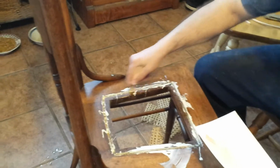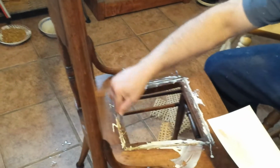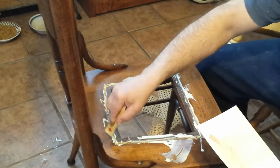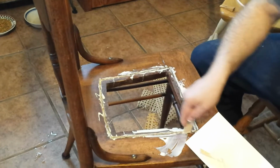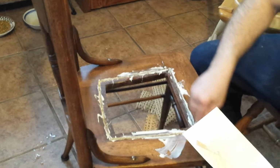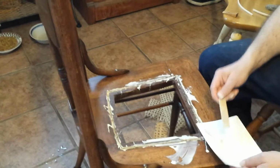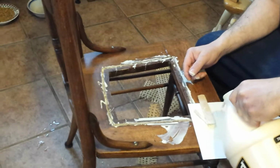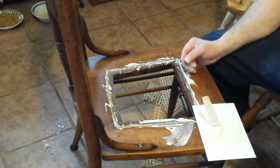Can you see what I'm doing there? Yep. Trying to smear some glue in there first. And the glue is what's holding all that together, so you definitely want to get as much in there all over the place as you possibly can. And glue is cheap. Some people don't use too much glue because they don't like to clean it up. It's a pain in the butt to clean up, but...